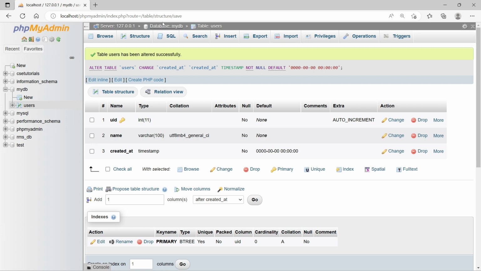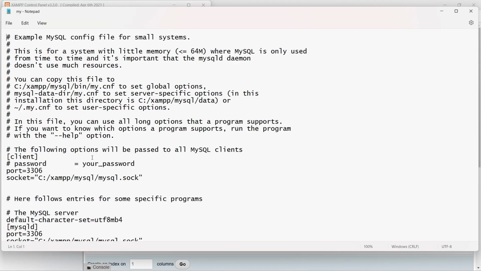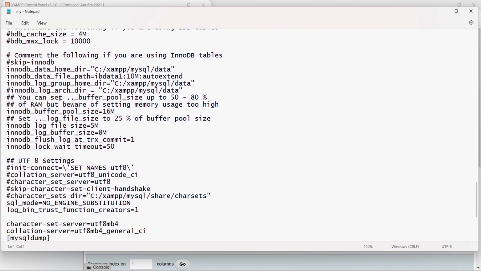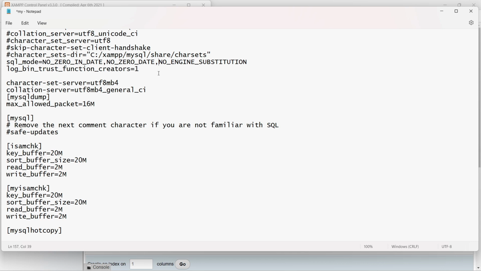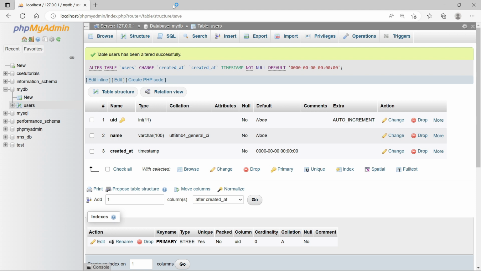Let me make those changes again: I will go to my.ini file, go to the bottom and paste it again, so I make it as it was, and save it. Now I have again applied the restriction that it will not accept zero values, so I will restart my XAMPP. First solution is to remove those restrictions, and the second solution is to not provide zero values.